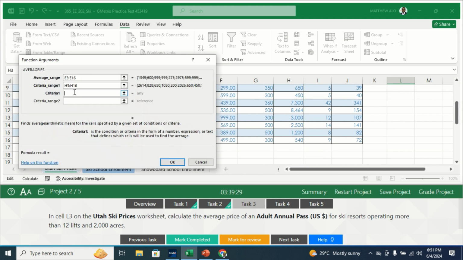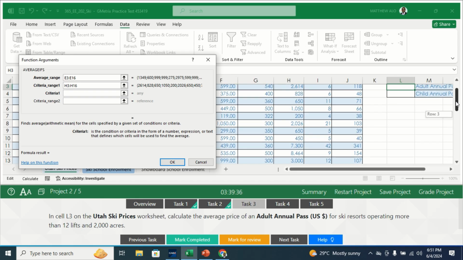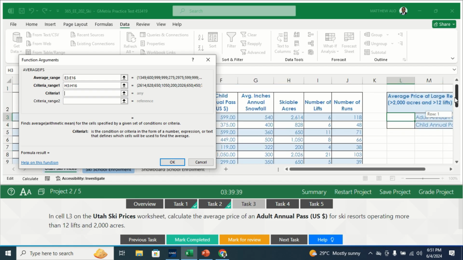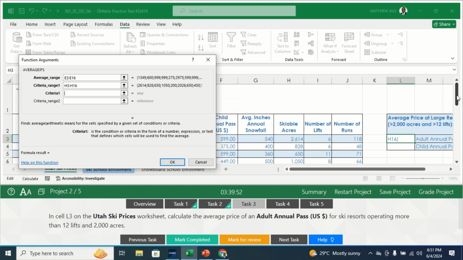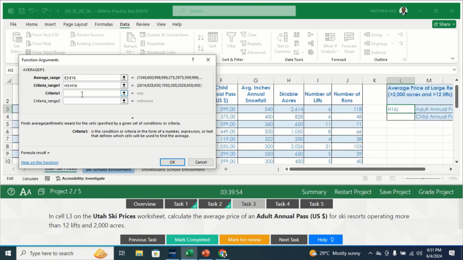Then the criteria 1 will be for the skiable acreage, that's greater than 2,000. Okay, so criteria range 2, we have